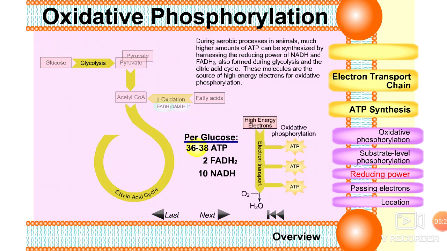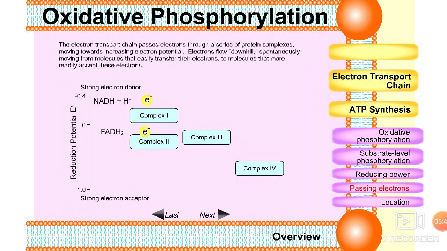If you observe in this animation, the high energy electrons from NADH plus and FADH2 enter the electron transport chain. Within the electron transport chain, the electrons are transported from one complex to another complex, finally reaching oxygen, involving the formation of ATP. During this reaction, which is coupled with ATP formation, phosphorylation is carried out, that is, through the oxidative phosphorylation mechanism.